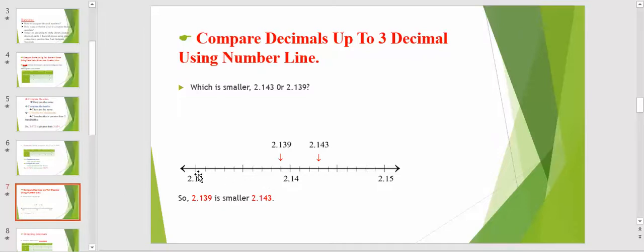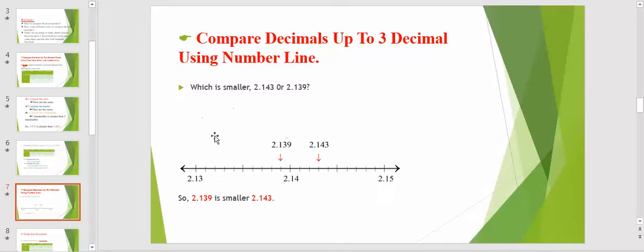We cut 10 parts between 2.13 and 2.14, and between that we can write 2.131, 2.132, and so on up until this is 2.139, and this is